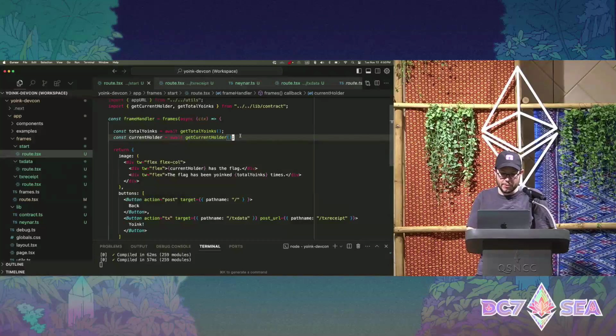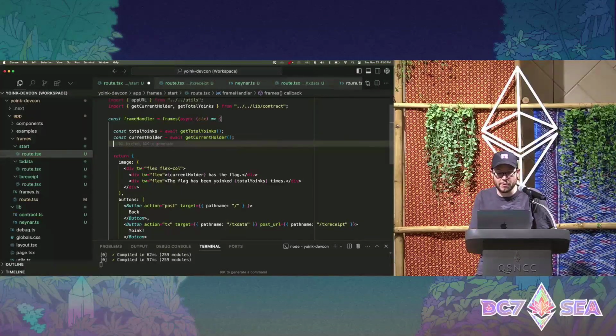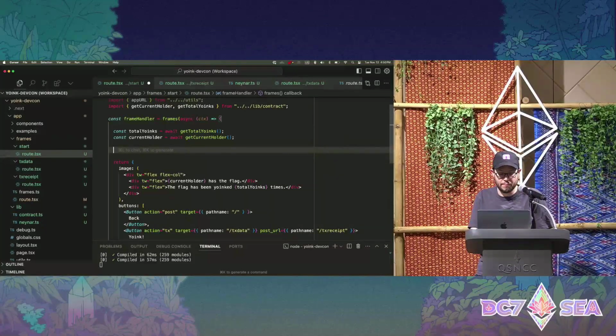Okay, and yeah, going back to our start route here, let's enhance this with the user's actual identity rather than their blockchain address.